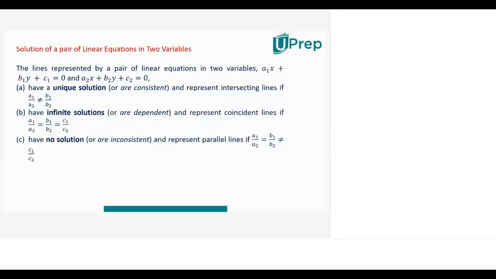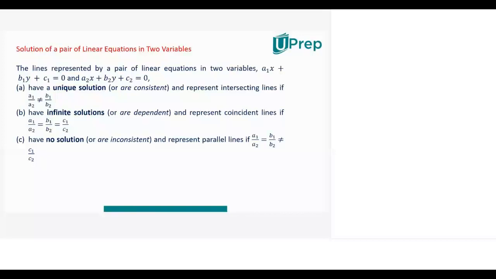Let's say x and y are two variables, then a general linear equation in two variables will be of the form ax plus by plus c is equal to 0. In the last class we also discussed that ax plus by plus c is equal to 0 represents a straight line. Based on that straight line, I explained the conditions you can see on your board.